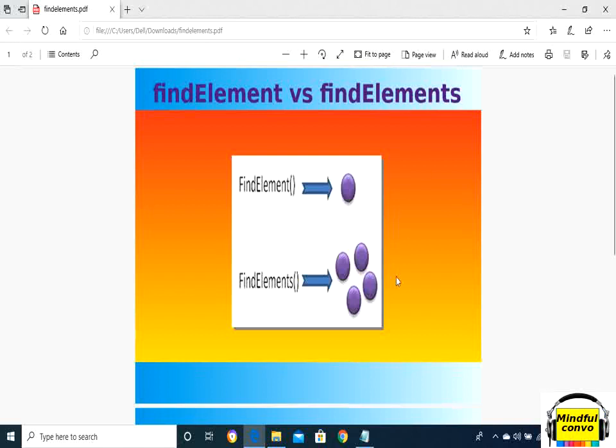Basically, the syntax of find element is driver.findElement(By.xpath(...)) or any locator, then in between the value of that locator.